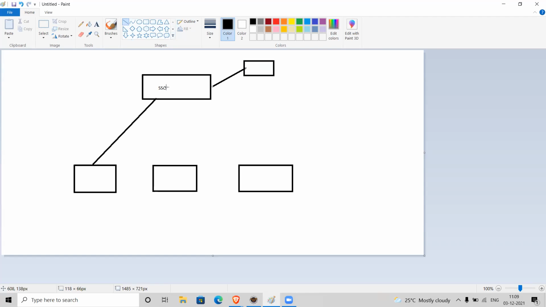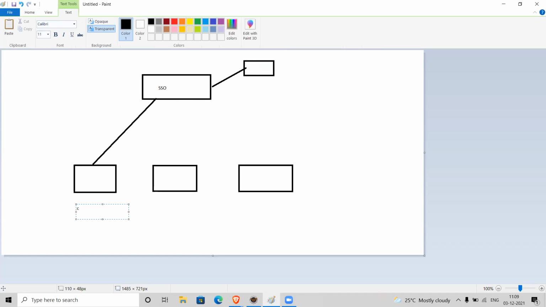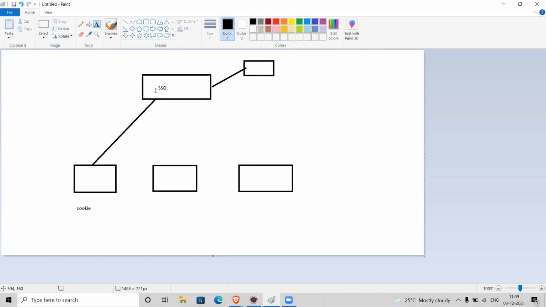And this SSO application will set one cookie in our browser. So this SSO server will authenticate our credentials against an authentication server or any database, and after successful authentication, it will set one cookie in our browser.